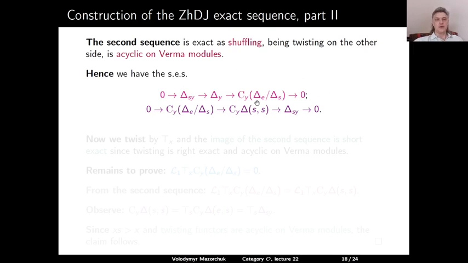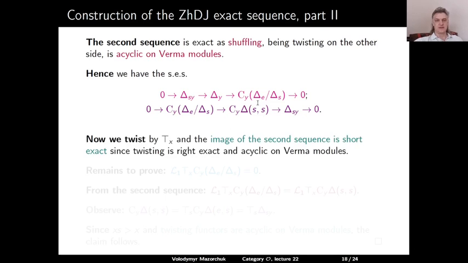So now we want to twist these short exact sequences. For the second sequence, we again twist and it is right exact. We get a right exact sequence. And if it's not exact, then the next term should be the homology of twisting at a Verma module. This is 0. So twisting of the second short exact sequence is actually exact. We are left to prove that when we twist the first short exact sequence, we get a left exact sequence,